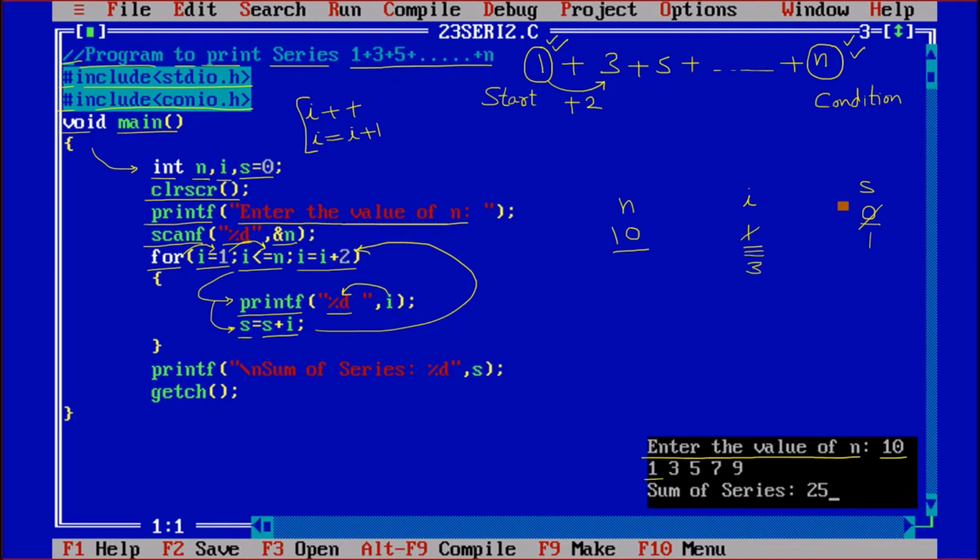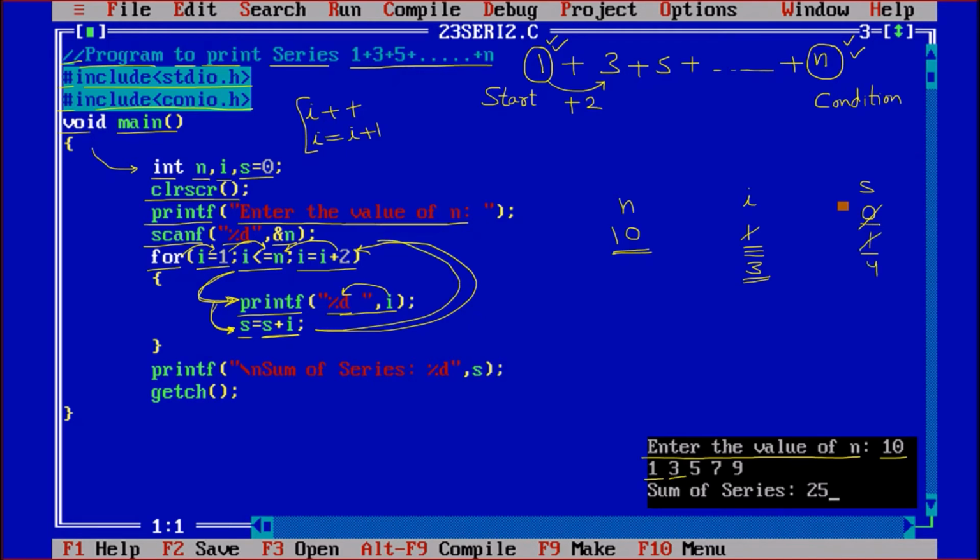So the value of i is 3. Checking the condition, 3 <= 10, true. Coming down, printing the value of i, so 3 is printed. Again coming down, s = s + i, so 1 plus 3, that is equal to 4. So the new value of s is 4.